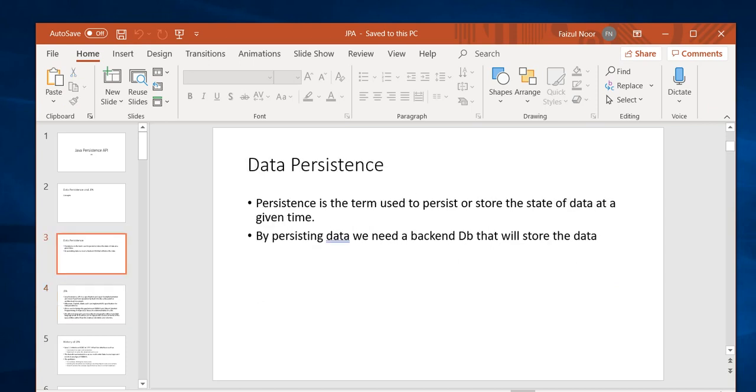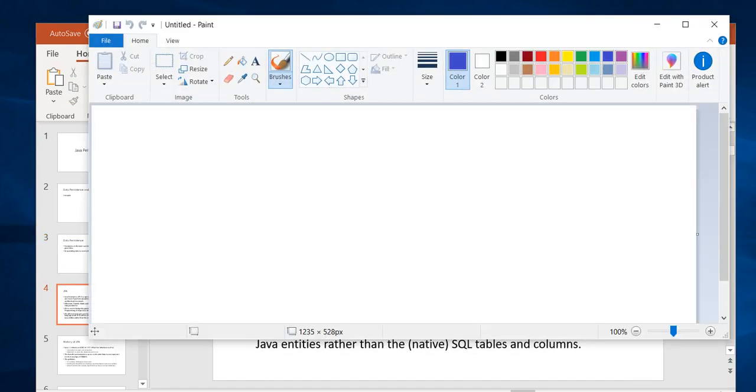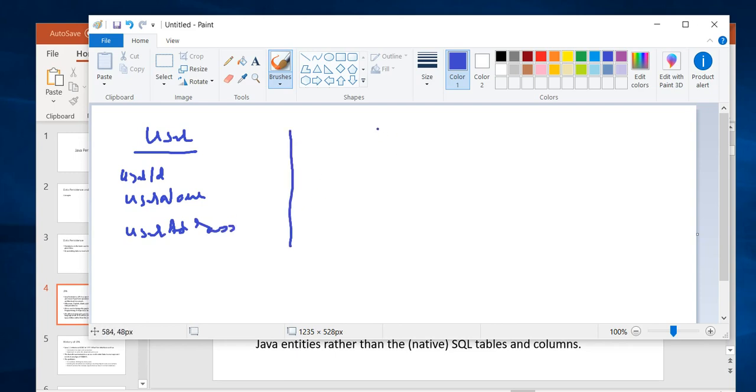So that means, let's say that we have an object, and the object is user. Okay, and then we have the attributes of the object as user ID, username, and user address. Okay, and then in the DB we have a user table, and in the user table we have these